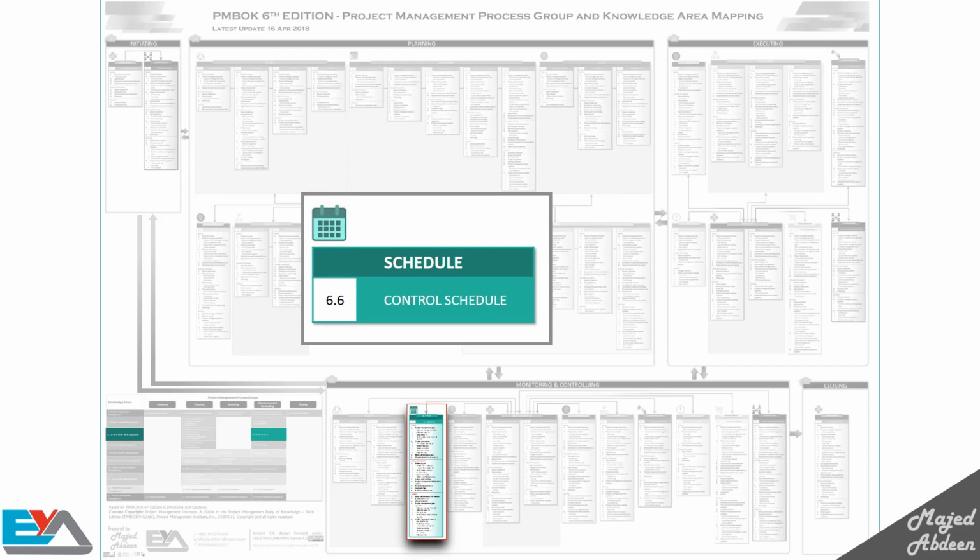So, control schedule is the same as control scope, since we compare what we planned with our actual progress and make sure that we're on time according to the planned schedule. Say we plan to finish a specific module within 1 month. Now that the work is underway, we will check whether the progress is the same as we planned or not. This is where we will use earned value analysis in order to get the real figure.